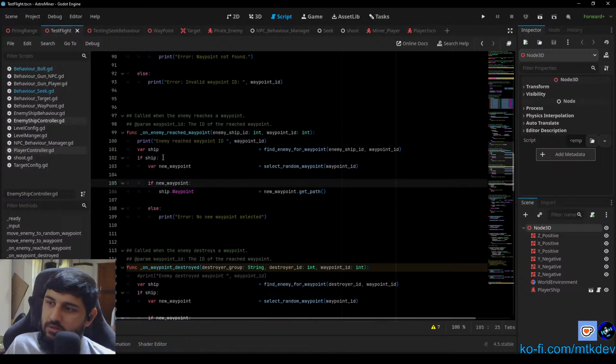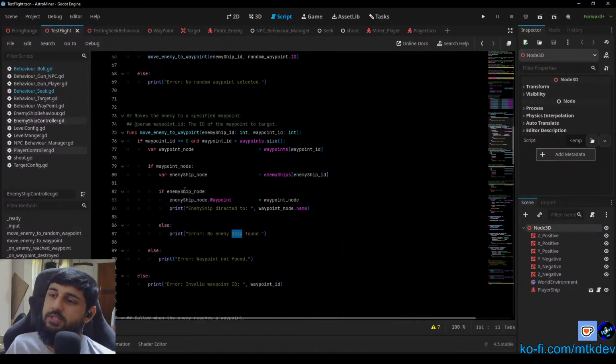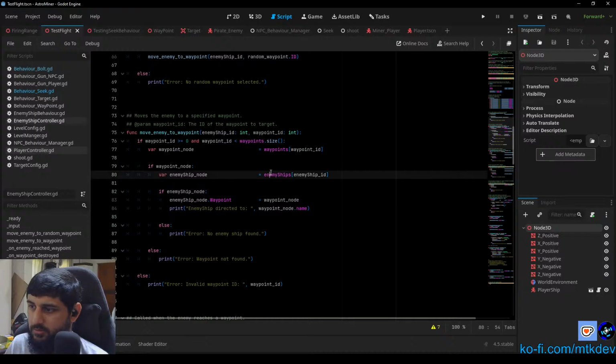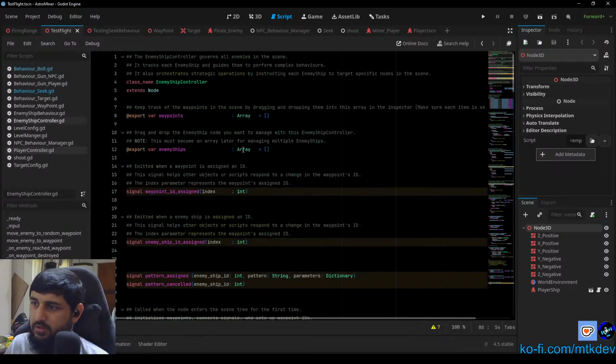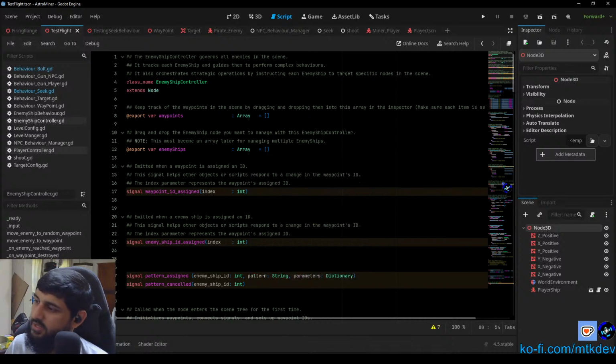So here we're saying a ship is supposed to be of type enemy ship. We're not actually confirming that somewhere. Yeah, okay. This is actually where the debug error happened in our last live stream. So the thing is, we are taking a type enemy ship, right? Because we've got an enemy ship ID from enemy ships, and we know that enemy ships at the top here is an array. Okay, well, we're not guaranteed that the